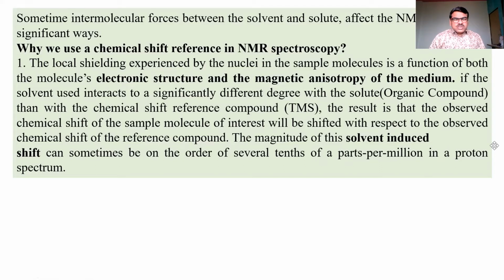Anisotropy generally occurs when a compound contains a carbon-carbon double bond. If the solvent used interacts to a significantly different degree with the solute, meaning the organic compound, than with the chemical shift reference compound, especially TMS here,